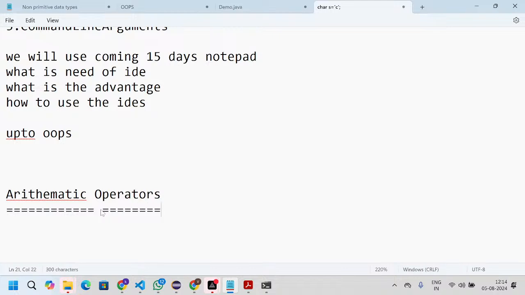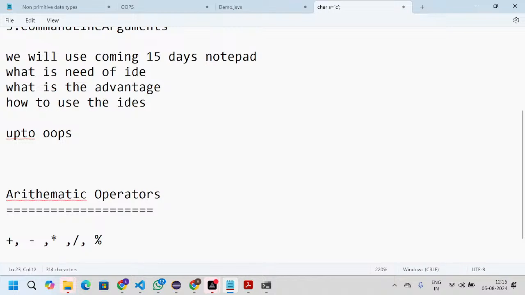Okay, these are the arithmetic operators. Arithmetic operators are used to perform arithmetic calculations. Since the 10th class onwards, we have been doing the same operations: addition, subtraction, multiplication, division, and modular division.